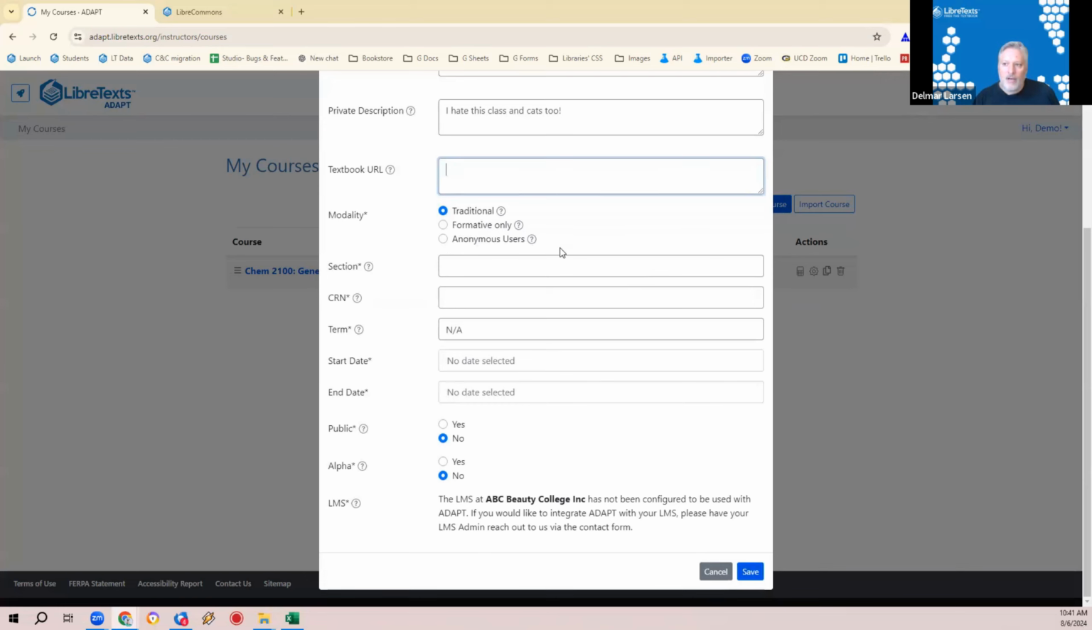Okay, modality. For this sake, I only want to talk about traditional. I will talk a little bit later on about how you can actually do these other formative approaches. Section and CRN, I only want you to type 1 and 1. For those of you that teach large classes, like when I teach my very large general chemistry class, it consists of 550 students. I have 16 sections in that class. Each section has its own unique course,